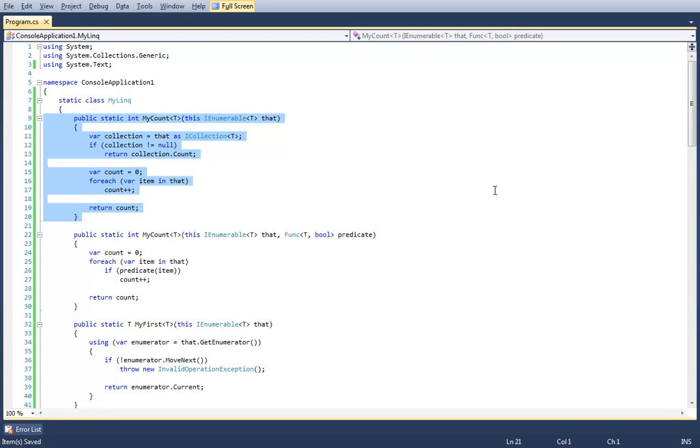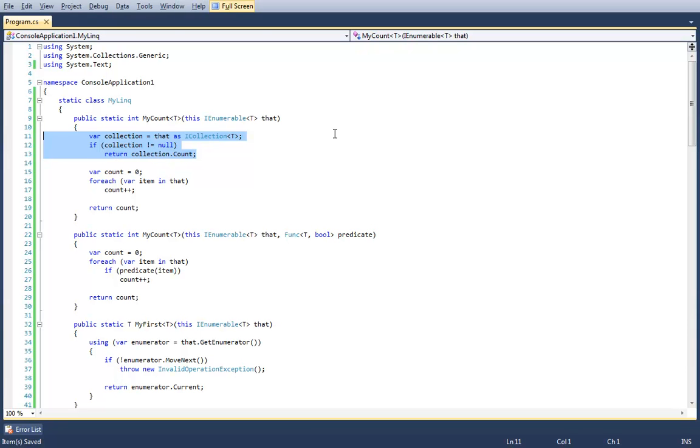So myCount is important because what we have here is an example of polymorphism. We're going to ask the IEnumerable if it is an ICollection. Now, this is not an upcast, this is a downcast, meaning that we're looking for a situation that might not always work. It's always true that you can go from a list of t to an IEnumerable of t. That's in the rules because list of t implements IEnumerable of t. But it's not necessarily a rule that anything that implements IEnumerable of t implements ICollection of t. So that's why we have a condition here.